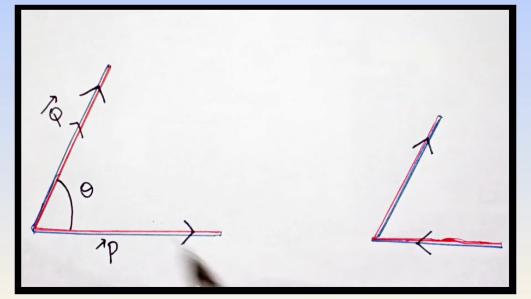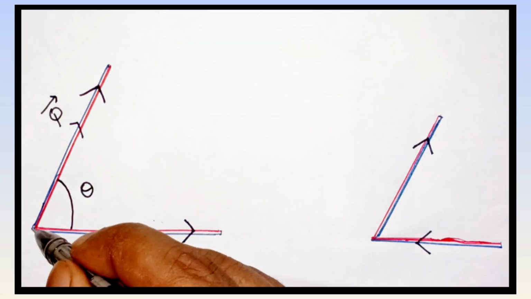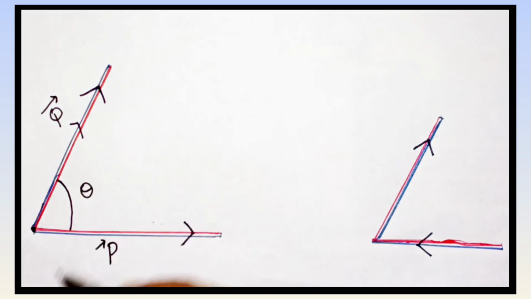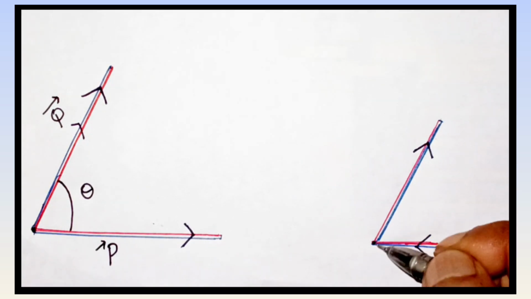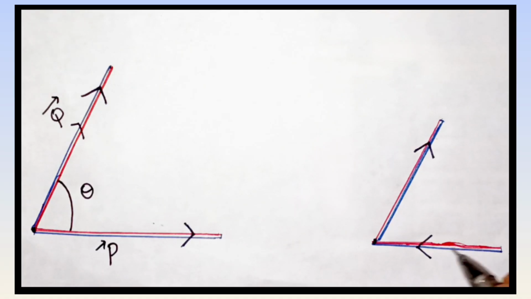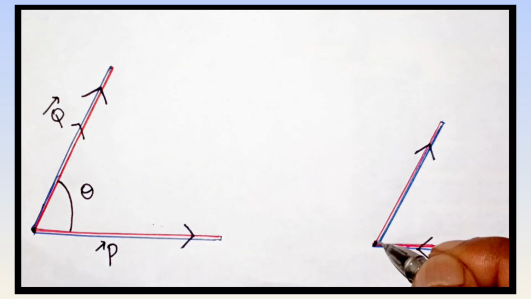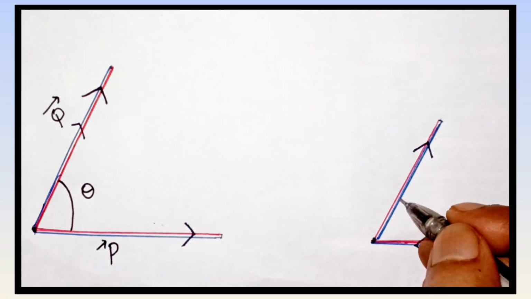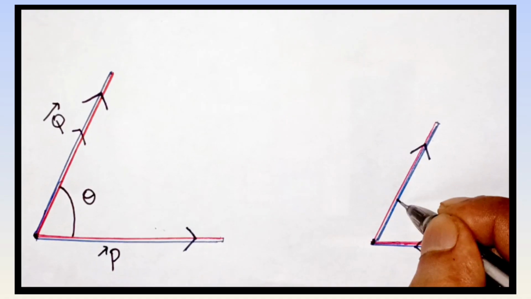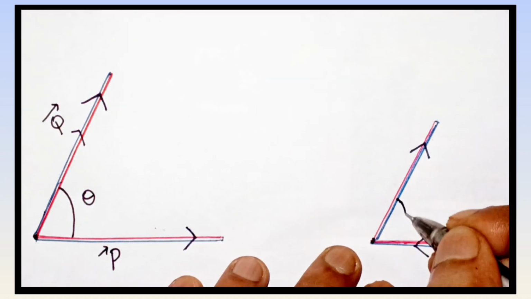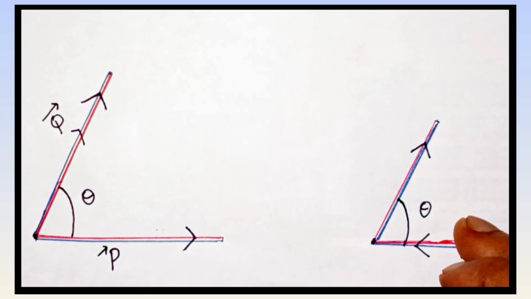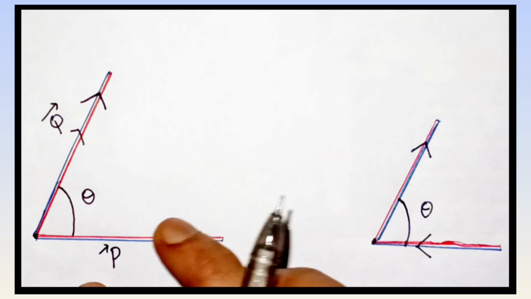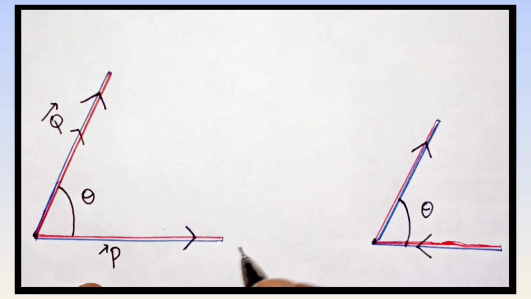At first, you all must understand when we actually use the parallelogram law. There are two conditions. If the vectors are attached tail to tail, then it is the parallelogram law. If they are attached head to tail, then it's the triangle law. You can see the right-hand diagram is head to tail joining, but the left-hand diagram is tail to tail joining. Then the left-hand diagram is our parallelogram law.